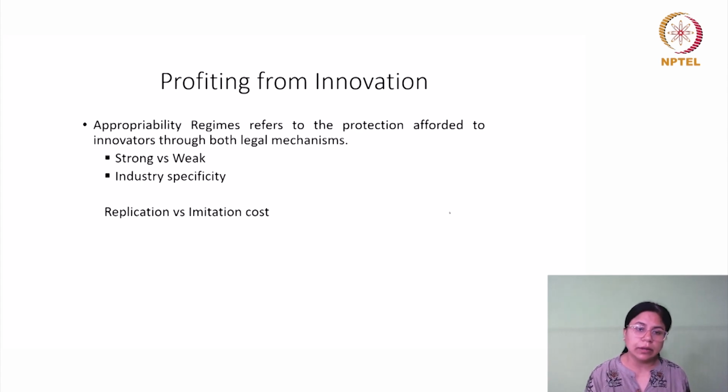But apart from the legislation which is available, through the acts or the law, what also matters is the enforcement of that. And in that context, a lot of discussion has happened that in some countries there might be a strong protection vis-a-vis a weak protection as such. So how will that influence the market for technology? Clearly, having a strong protection will help the inventor to delineate, to draw a boundary around their intellectual property. And if the boundary is drawn specifically, it will further facilitate the transfer process.